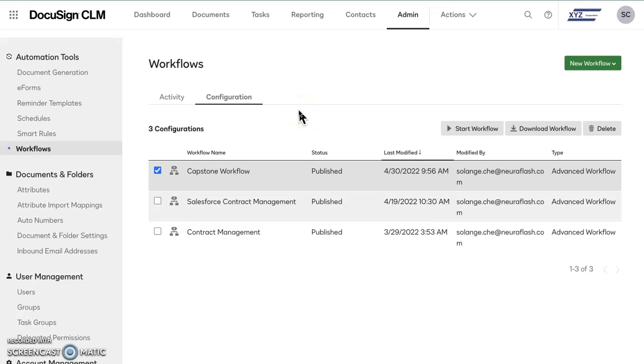Okay, so now we are going to look at the configuration, like how all of this was built, where I built work that I was able to use in that workflow. And again, because I'm admin, I can see right here, I'm able to see all of these tabs. So to begin with, I think I would rather talk about